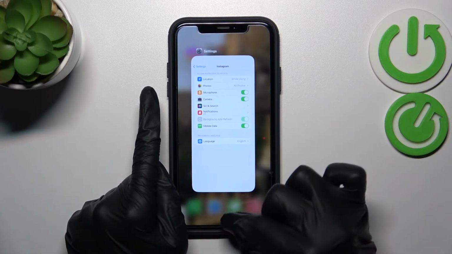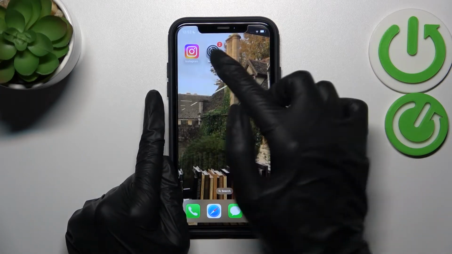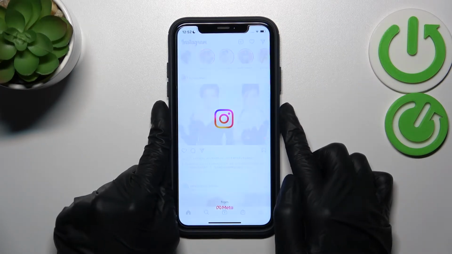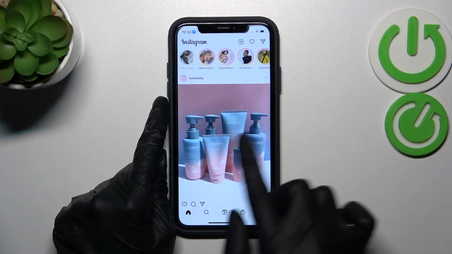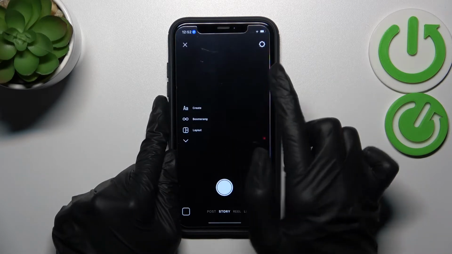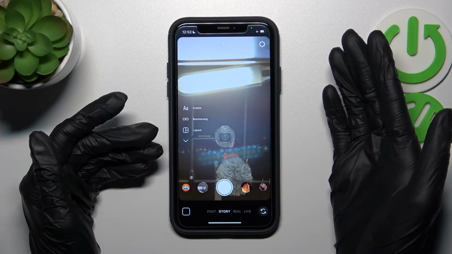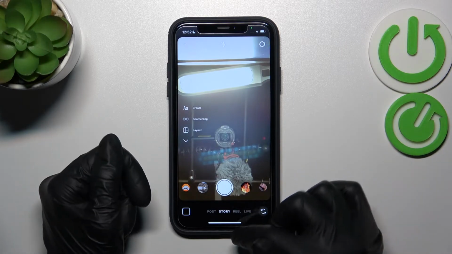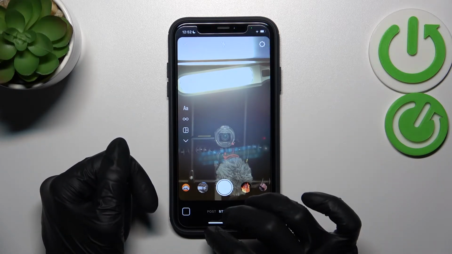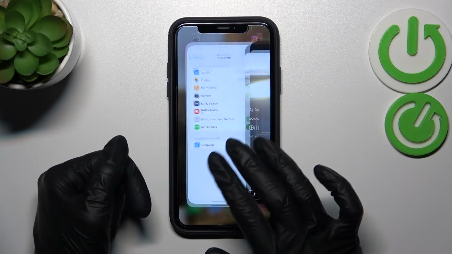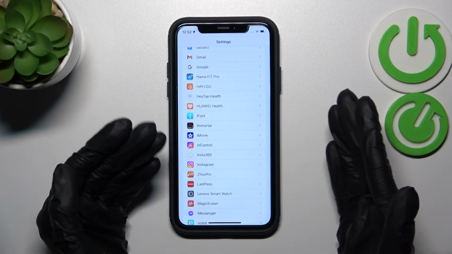I will turn off my app here to refresh it. Let's go again and swipe to the right side to create a new story. Well done, no problem. So guys, if you have some troubles, probably the problem is in the settings, and we